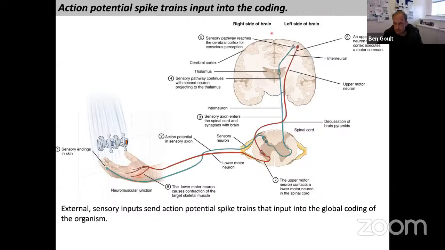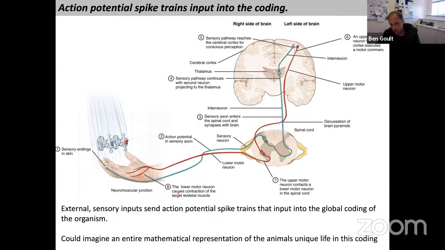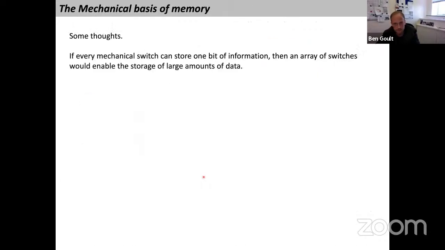So it would be doing the computation up here, but it would be constantly updating the whole circuitry of the organism with the information of the best probability by tuning the activity of these synapses via this coding. This is the prediction of the theory. And what you could start to imagine is the entire representation of the animal's unique life in this coding, because every single input would then write into these patterns of ones and zeros in these synapses. Ultimately, from a relatively default state, the brain would be updated with all of this information depending on what that individual experiences.